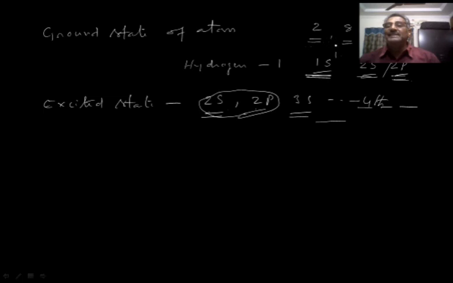If one of these electrons in these lowest energetic states in the ground state or ground level went to a higher energetic state, that state is called the excited state. The excited state is not stable. If the atom goes to the excited state, the electron in the higher energetic state loses a quantum of energy and comes back to the ground state within a fraction of a second, as the excited state is not stable.